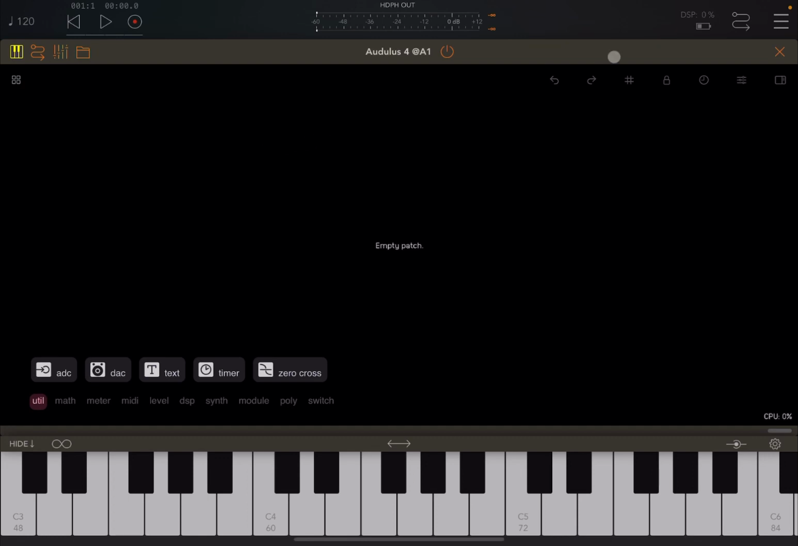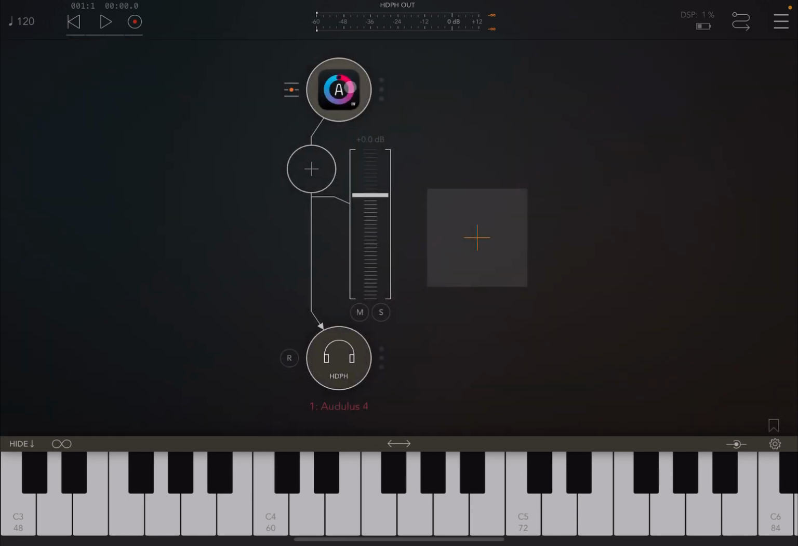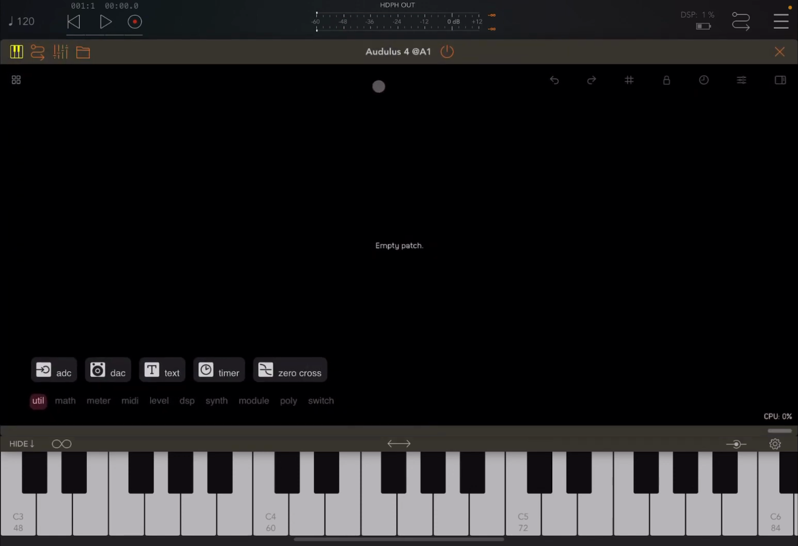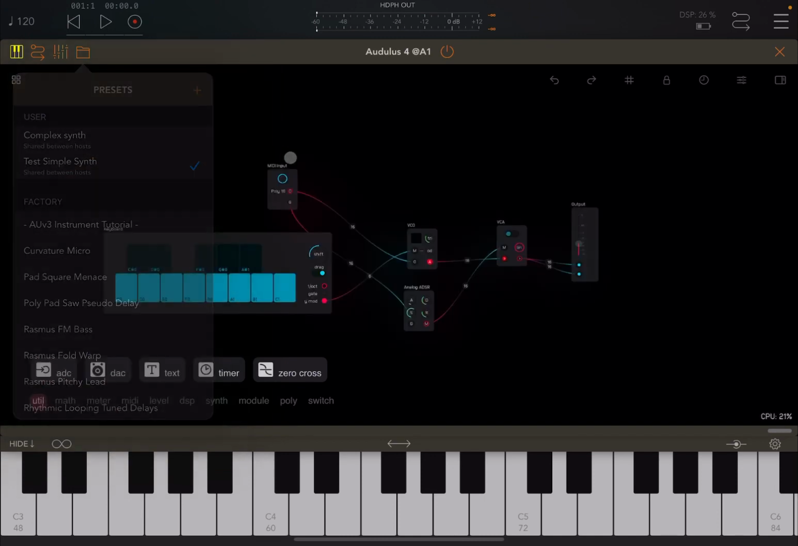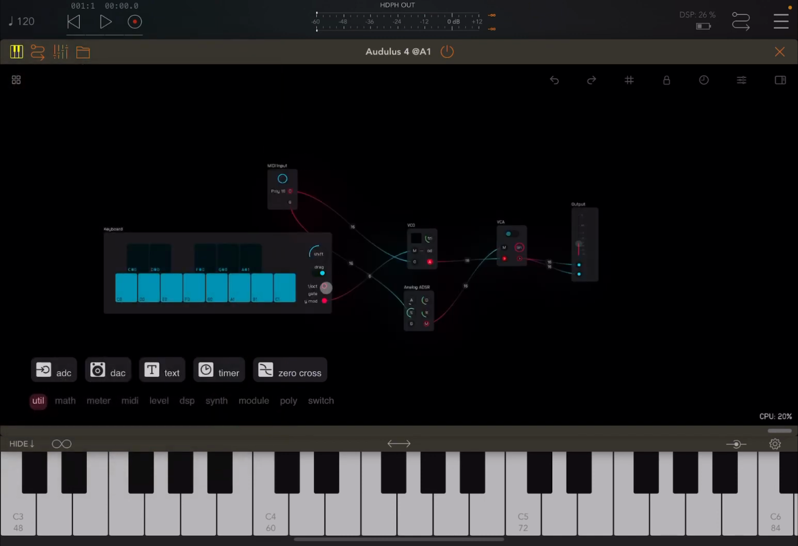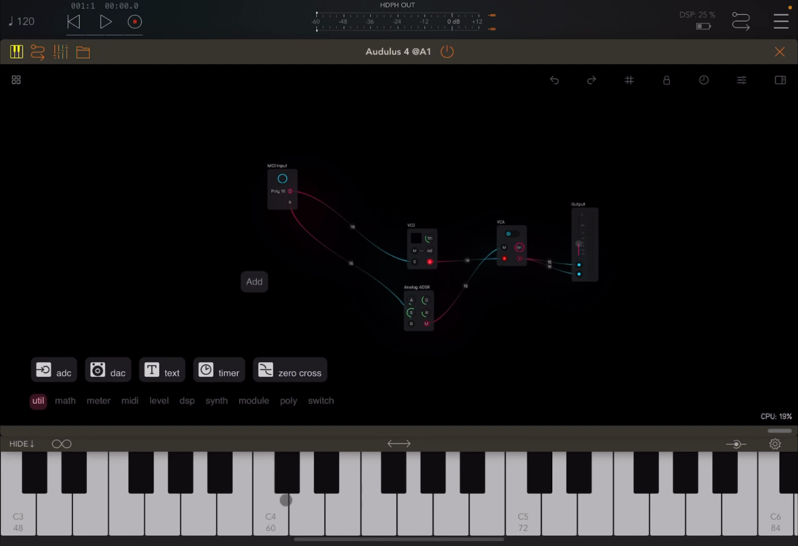I'm inside the AUM. I have loaded Audulus 4, as you can see, inside the normal audio channel, and I have connected the AUM keyboard, and now I'm going to load the previous synth which we have created. Now I don't really need this keyboard anymore, so I'm going to highlight it and then click delete. And if I press some keys on the AUM keyboard, you can hear, of course, the